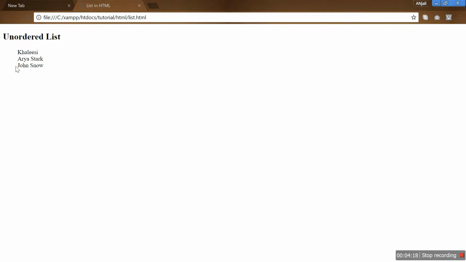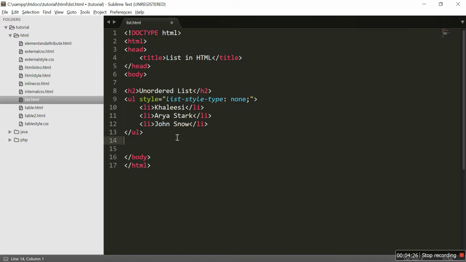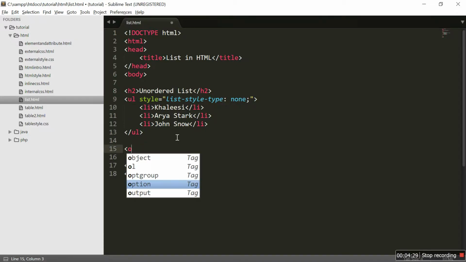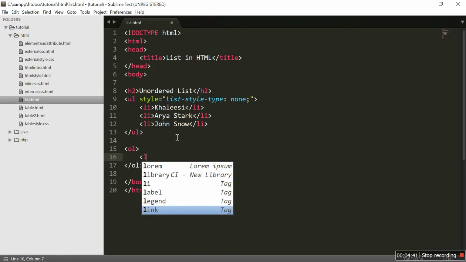So now let's take a look at ordered list. An ordered list is defined with ol tag. So let's take a look at that. An ordered list is defined with ol tag, and each item in the ol tag is defined with li tag, similarly to ul tag. So li,